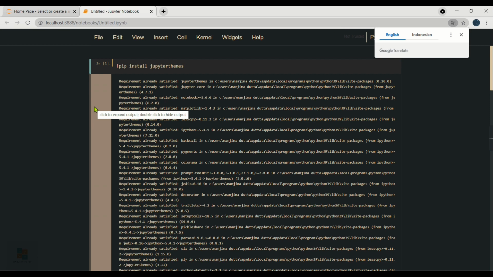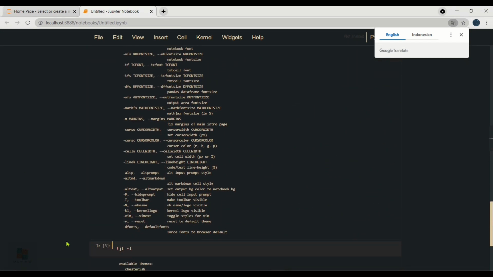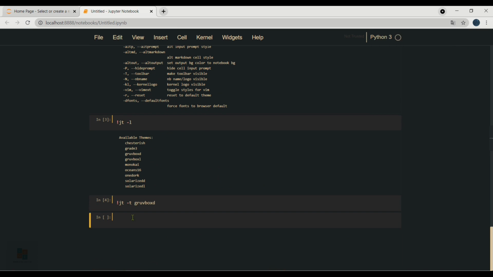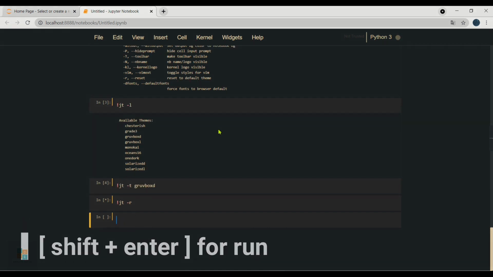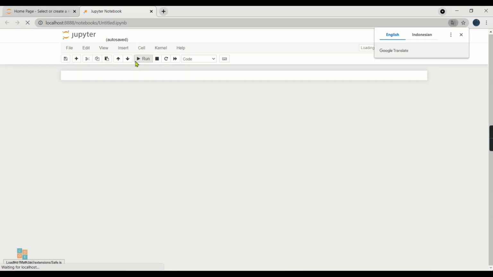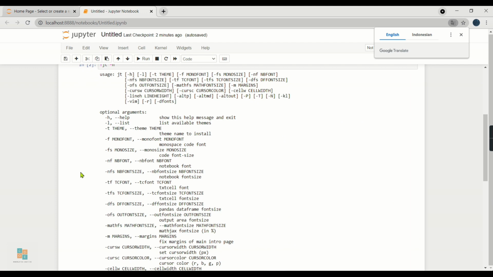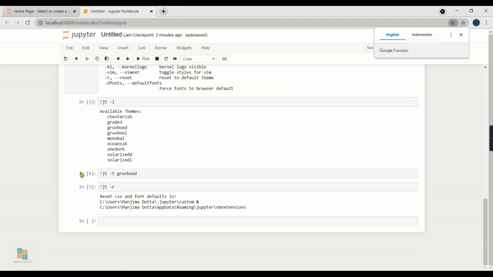And see, it is changed. And if you now want to change it back to its default theme, you need to write the command this way again: exclamation sign jt -r and click run, and again reload the page. So it is changed again. So this is how you can always change your default theme to your desired one.